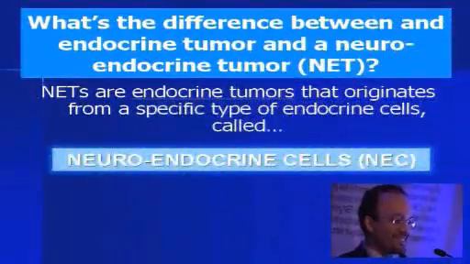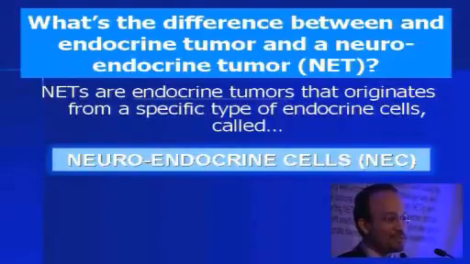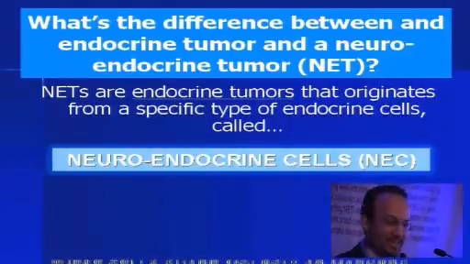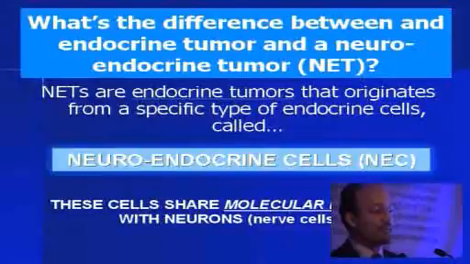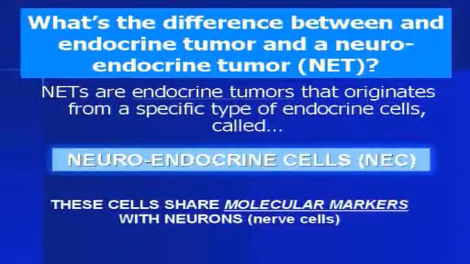Neuroendocrine cells. Does it make sense? So neuroendocrine tumors originate from neuroendocrine cells. These neuroendocrine cells are basically cells that are a cross between endocrine cells and nerve cells, or neurons. So they have the ability to secrete hormones as endocrine cells do, but they also express molecules that are typical of the nervous system. So that's why we use the term neuroendocrine cells, and the tumors that come from them are